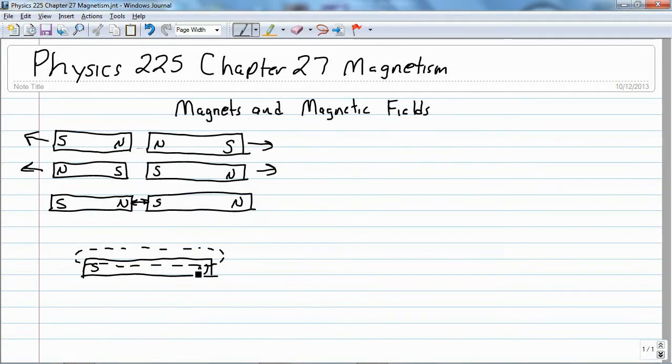And so this field rotates or curls around this magnet. And there's going to be a magnetic field this way,